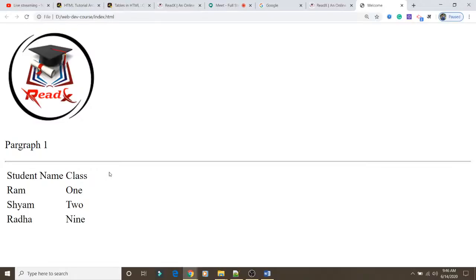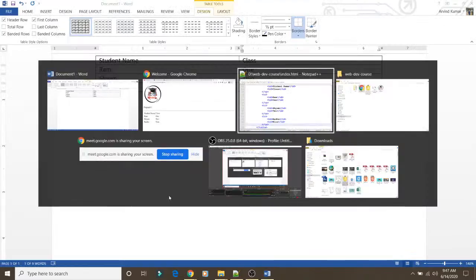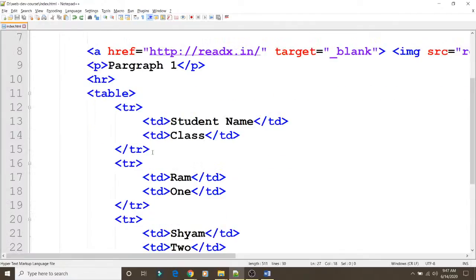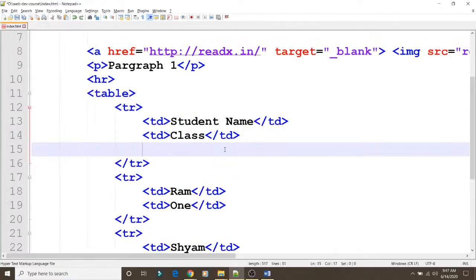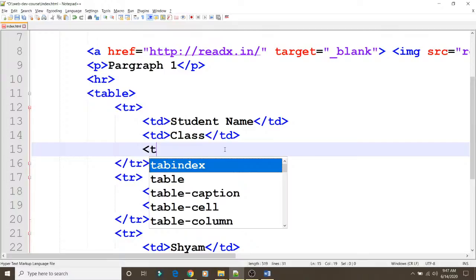So in this way you can see over here the data which is represented. Okay, so that data is in a tabular format. Similarly, if you want to add one more column, suppose I want to store the roll number also. So suppose I want to add one more column, that is the third column. So for the third column, what you need to do is go here and with the help of td, enter the data for the third column.